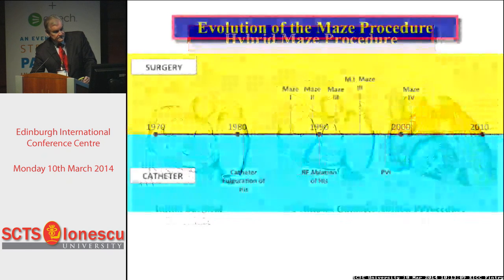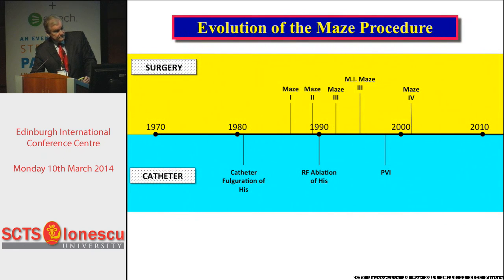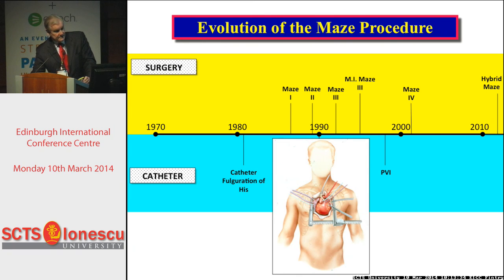But in summary, I think the maze procedure has undergone some evolution from the standpoint of the devices and the patterns that have been used. It's also undergone a dramatic evolution from the standpoint of the conduct of the operation, with the development of these hybrid procedures. We started out back in the early days with a median sternotomy and on pump, on cardiopulmonary bypass,